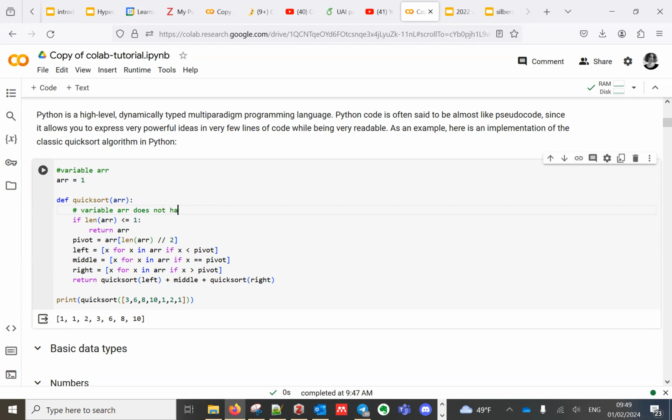ARR does not have any value inside. So imagine that, yes, Arya, you raised your hand, right? I'm sorry, teacher, I am just confused. Can I ask a question about this variable ARR that you have written here? It means that this variable is equal to 1. Yes. So here, in this case, variable ARR has a value, right?